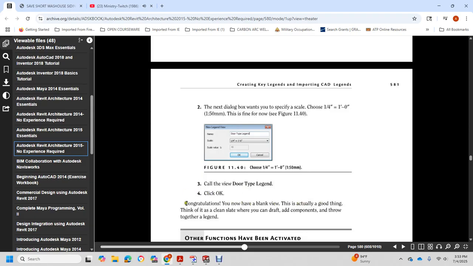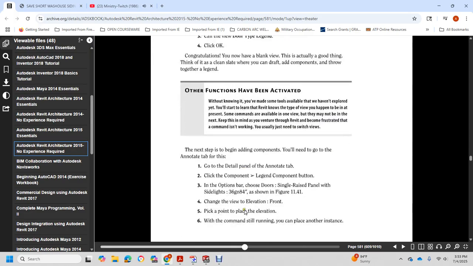That actually was a good thing. Think of the cleaning state when you're drafting, add components, throw together a legend. The next step is adding components. Go to the Annotate tab, Detail panel, Component, Legend Component button. In the Options bar, choose Door, Single raised panel with side lights, 36 by 84 inches, as shown in figure 11-41. Change the view to Elevation: Front, pick a place, and with the command still running, you can